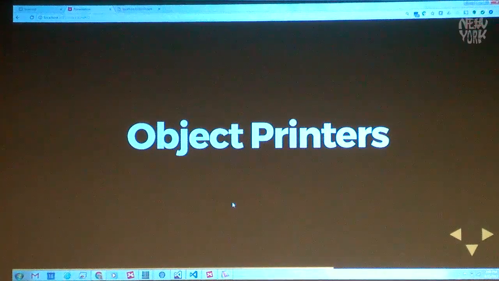So let's get a little bit more into the printers. We have this URL navigation. We saw the most naive way that we can navigate a URL. Now, what I want to talk about a little bit later is